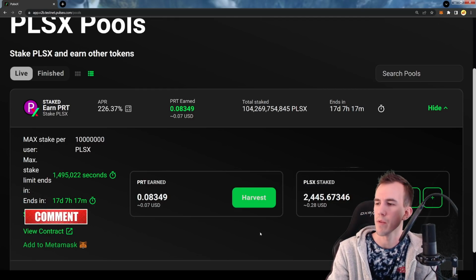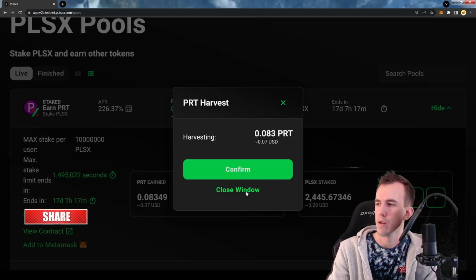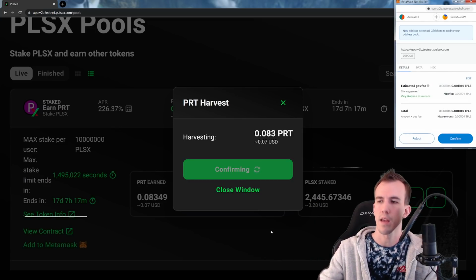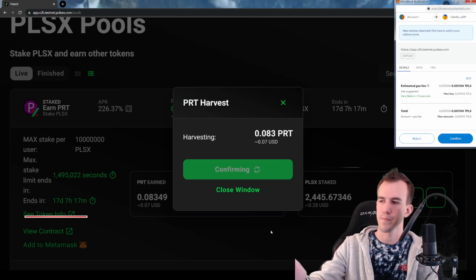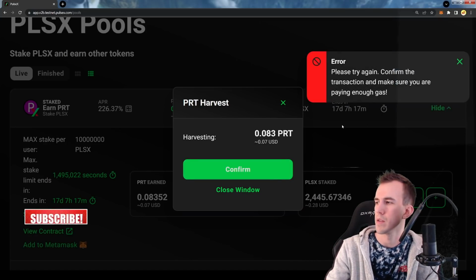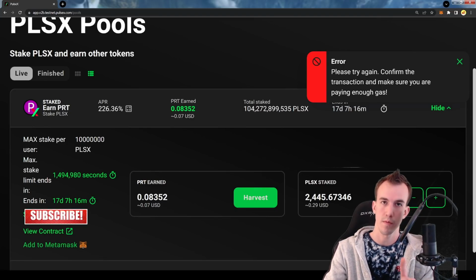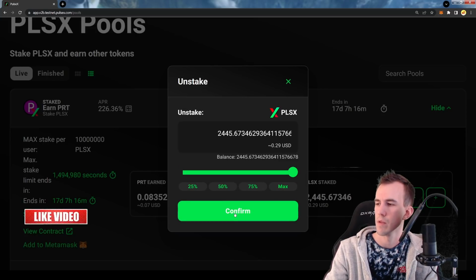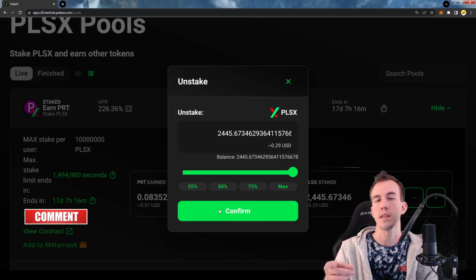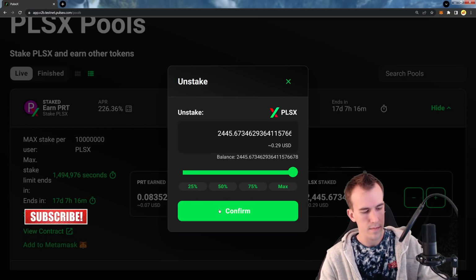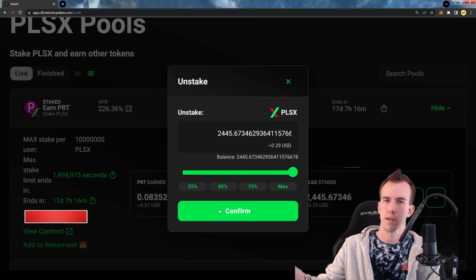But another issue I've seen people run into is whenever they go to harvest, sometimes you go to harvest and you just have an issue, and it says failed constantly. Make sure that you have not gone over the max amount, because if you were in this pool beforehand and you never pulled out, you might be having this issue. So what you should do, if you have that issue, is you remove your total stake. And whenever you remove your stake or add stake, it actually also harvests any PRT that you earned. And that's how it is for all of these pools.